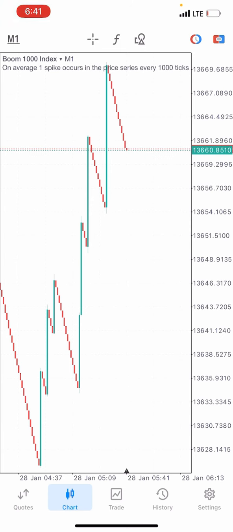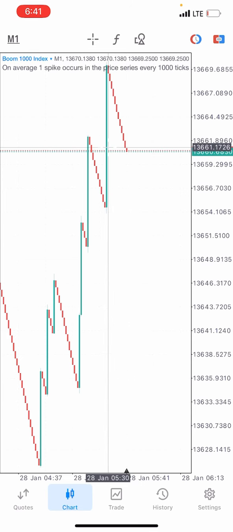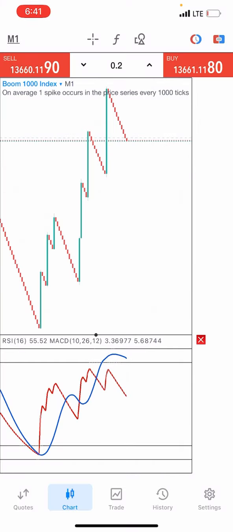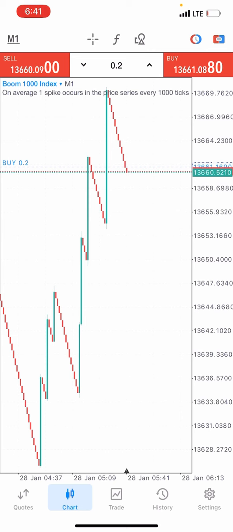All right, so this is very simple. For example, MT5, they've made it very simple for us to know what to do. So let's say right now I want to buy B 1000, and I will do like this. I open with 0.2 lot size here, just open the buy position right there. So now if I want to set my SL and my TP to know my targets